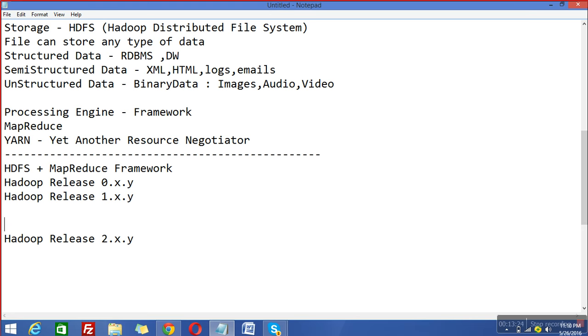And if you install release 2, then you will get HDFS with the Yarn framework. So in release 2, the latest one, MapReduce is replaced by Yarn. So there are major changes at the processing level, and at the storage level, that is HDFS, there are minor changes that we will discuss.